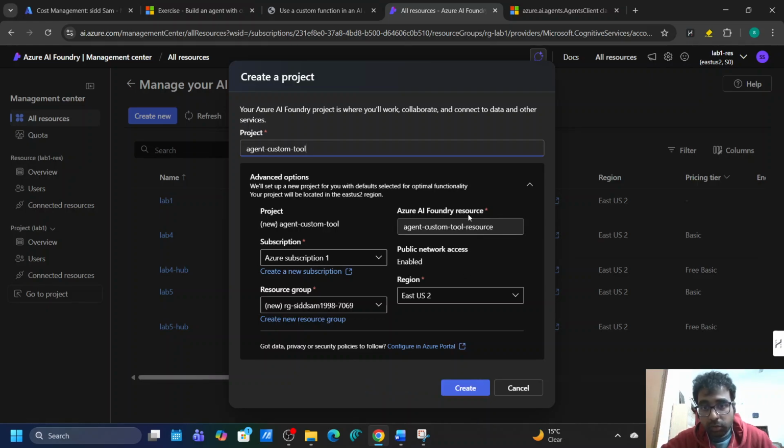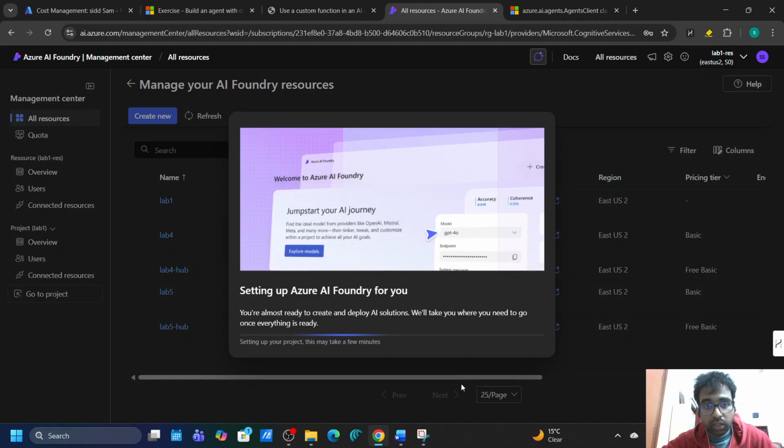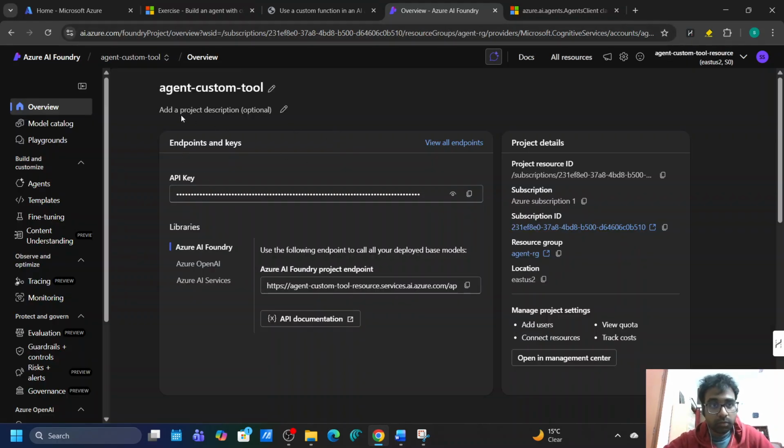And this will be our resource, this will be our subscription, and let's also create a new resource group. So our resource group will be agent resource group, right? So let's click OK, and the region is East US 2. That is fine with us. Now let's click on create. It's setting up the Azure AI Foundry resource in a new resource group. Let's wait for a moment. So as you can see, now our project has been created, and our AI Foundry resource also has been created,